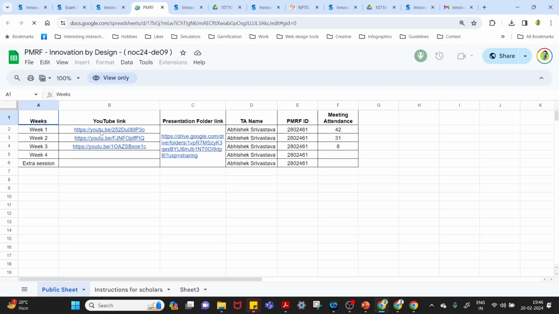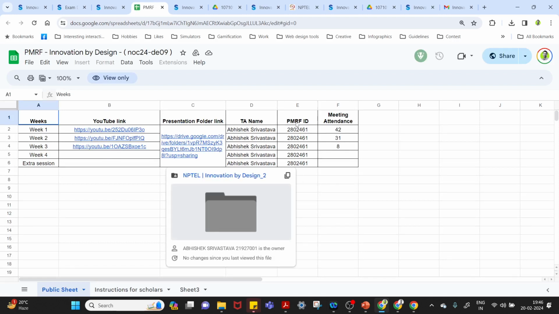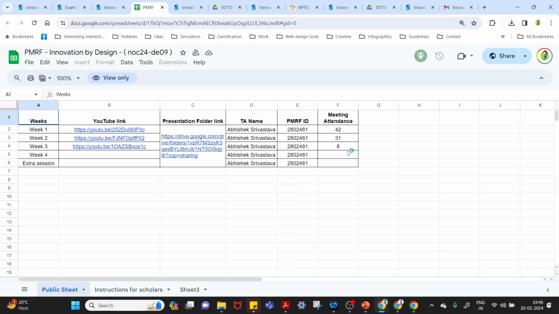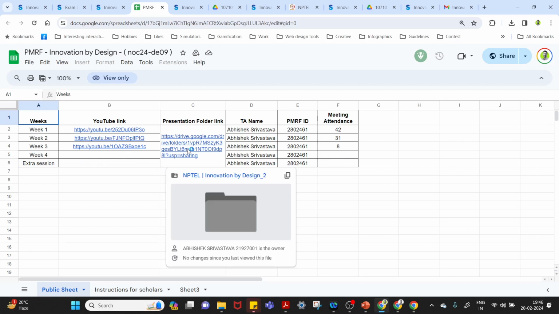And you can actually see all the different YouTube links, the drive folder. I'll click and I'll show you, how these are clickable. And that's my name and the number of people who have attended it. So today, luckily, we had 21 people at one time. So probably by tomorrow, you'll be able to see the week 4 link as well as the drive folders. So let's try to look at it. If you click here,